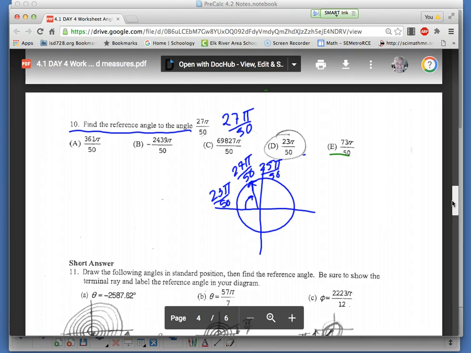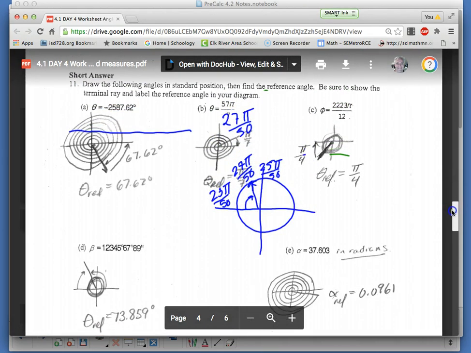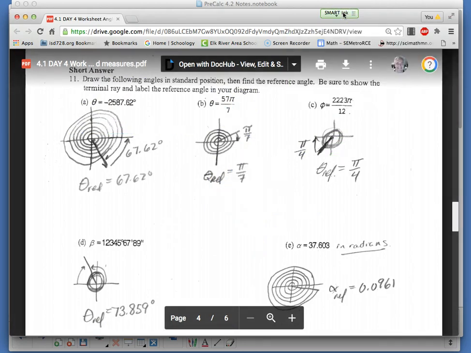Going back to rotations again in 11. And that's all I'm doing is rotations in 11. So draw the following angles in standard position, then find the reference angle. Be sure to show the terminal ray and label the reference angle in your diagram. So first of all, are you fine with the fact that these are in degrees right now? At least this one is. Okay, and to work with it, it's negative, so it's coming out and it's going clockwise. And I pop this in my calculator to help me out with this. This is negative